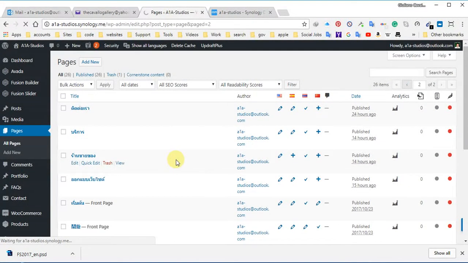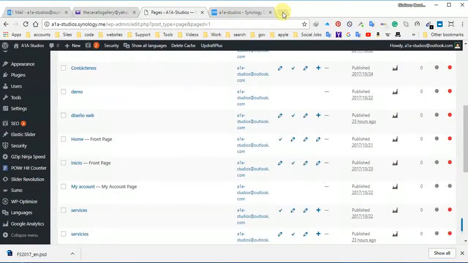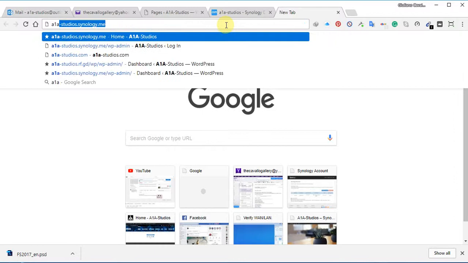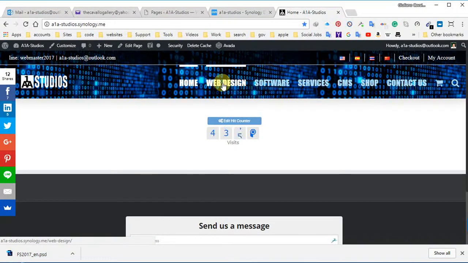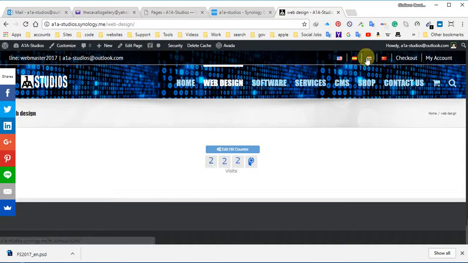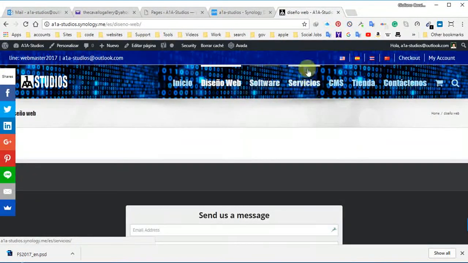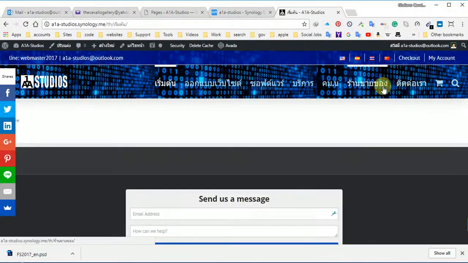Now let me open up another browser. Web design. Web design. Okay, and I'm gonna go to the Spanish one. Okay, everything looks good in the American and the Spanish, and the shop takes you to shop. Now on the Thai version, the shop is not loading, and it should, because